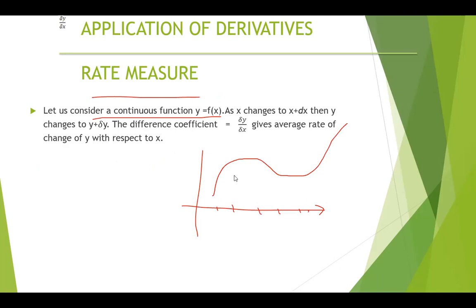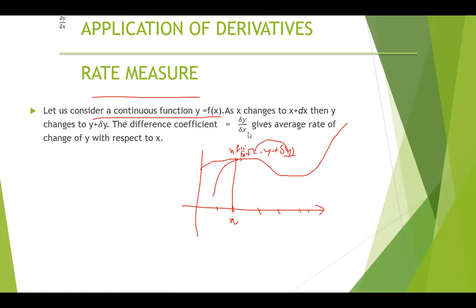Whenever I have a point here, x and its image f of x comma, f of x is a point here. In case x changes by a small increment, that is x plus delta x, then y also gets an increment, say delta y. So the coordinates of this point become x plus delta x comma y plus delta y. This delta y is the change with respect to the change made in x.